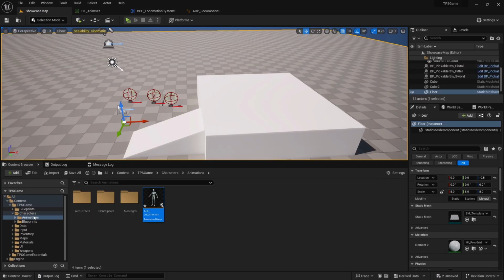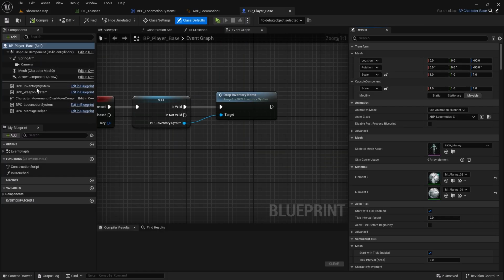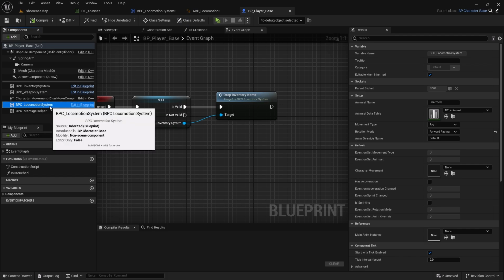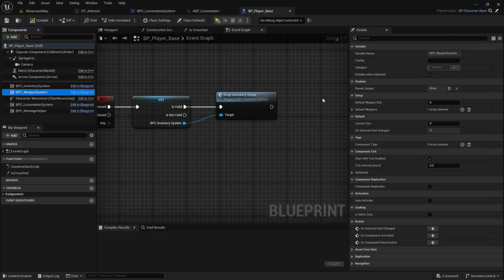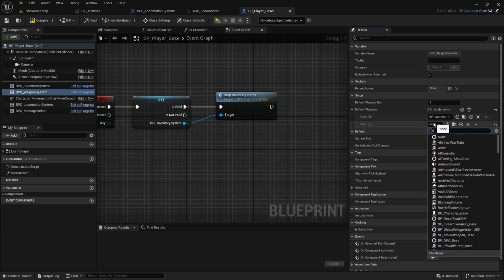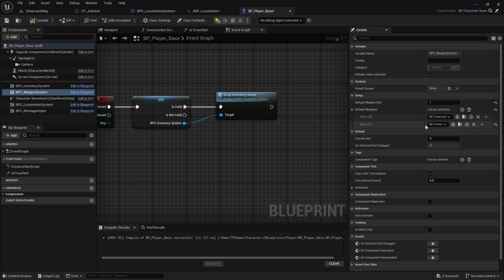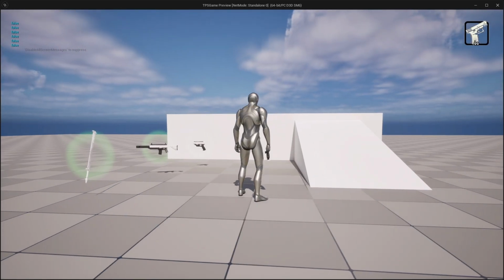As a hack, what we can do is go to our player blueprint, and inside the weapon system, let's add a pistol and use that weapon. So the default slot should be 1 because that's the index of the pistol. If I play test this now,